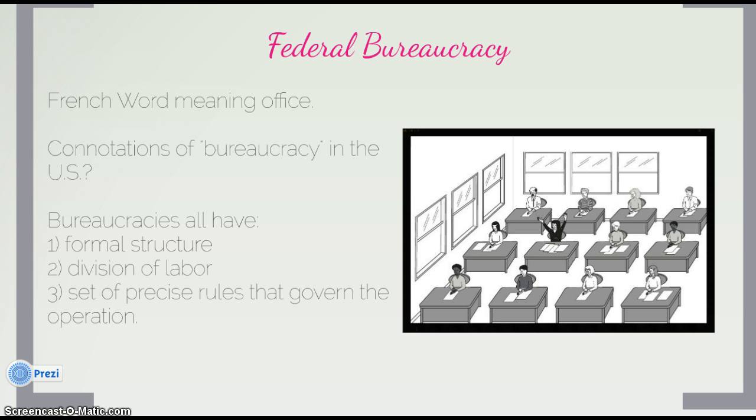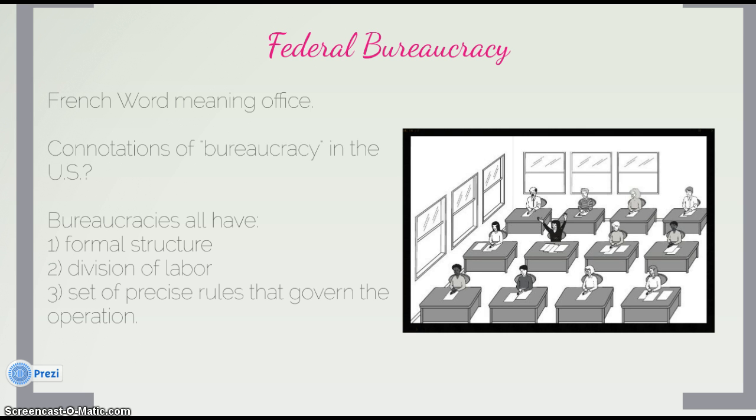So let's go on to this idea of bureaucracy. We can say the following things about bureaucracies. They share common things, and you can see those listed on the screen. They have a formal structure. They also have a building that has lots of these offices in them. So each department has its own office building and space with offices and where people go and work. They have a division of labor. So the tasks and the jobs are divided up, and that's very common. That shouldn't be a surprise.